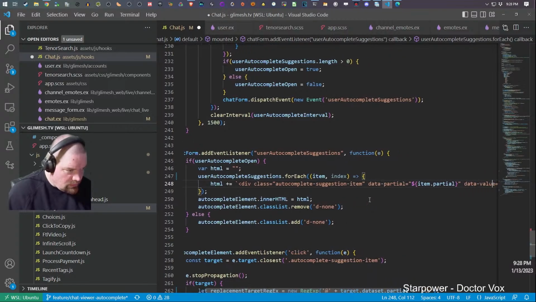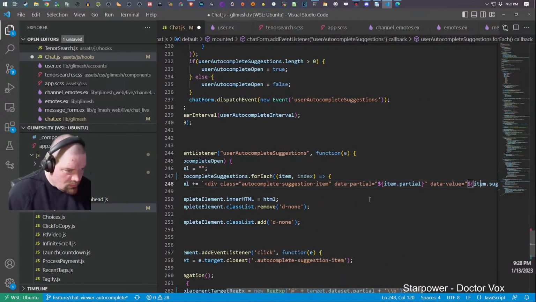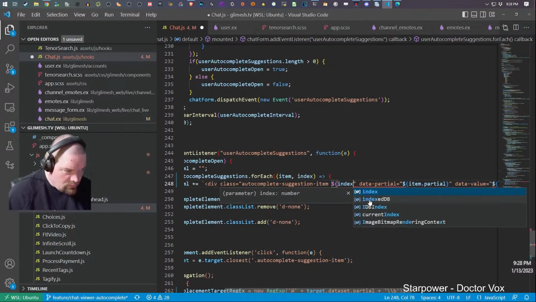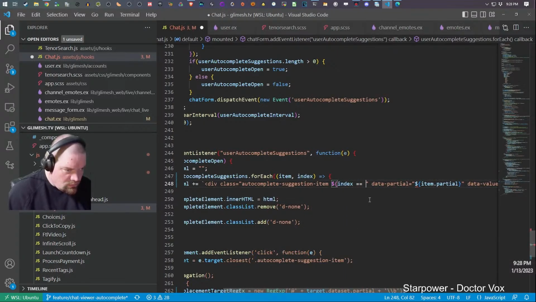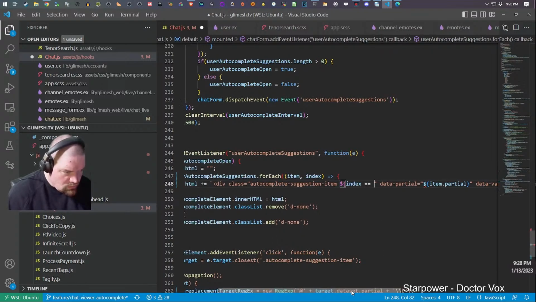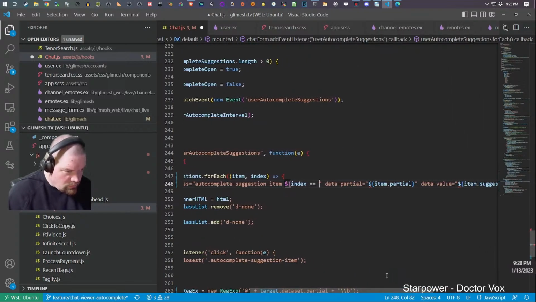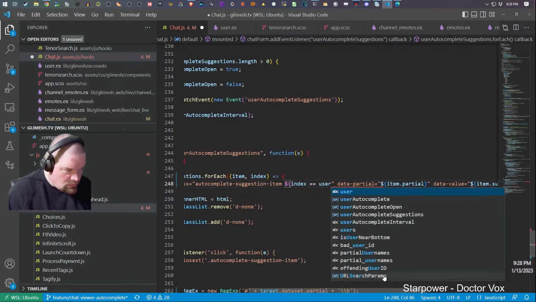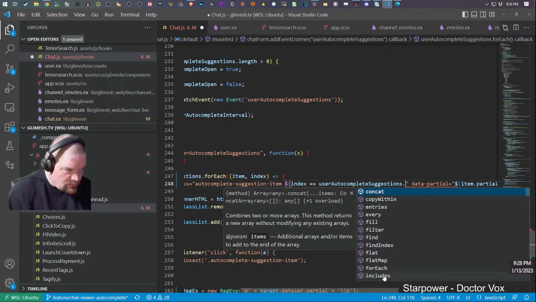Let's say under class here, index. User autocomplete suggestions.length.